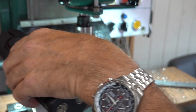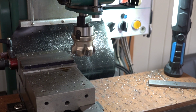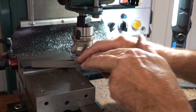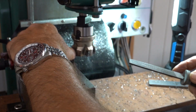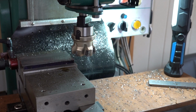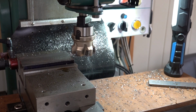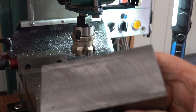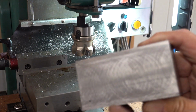I think that'll do. Can always stone that off after. Just run the file down it so I don't cut my fingers. So that's down to 1.5 inches. I now need to slice a chunk off that side so that that's